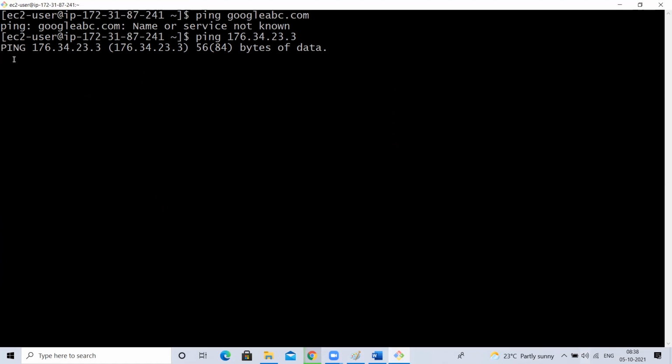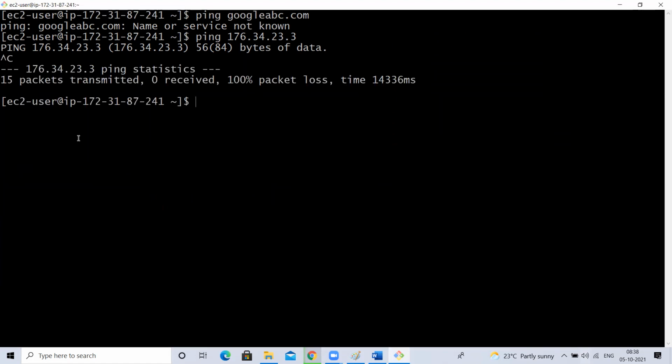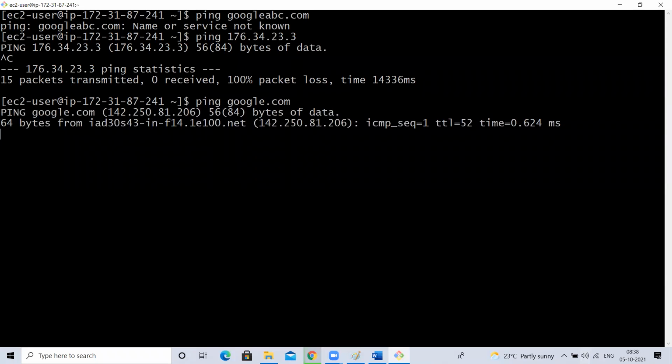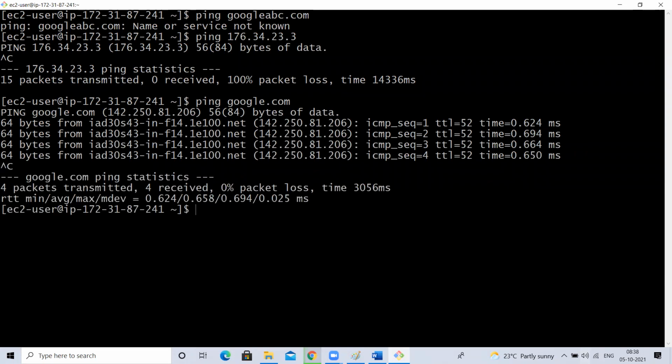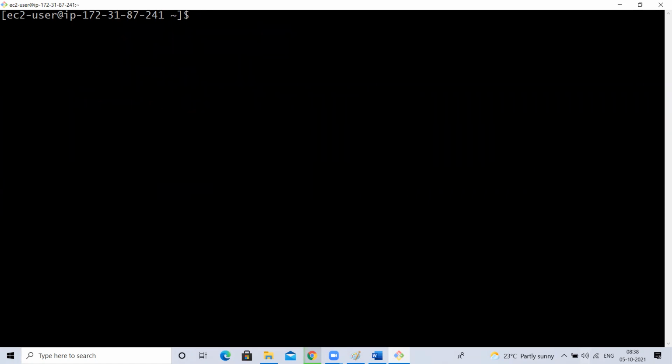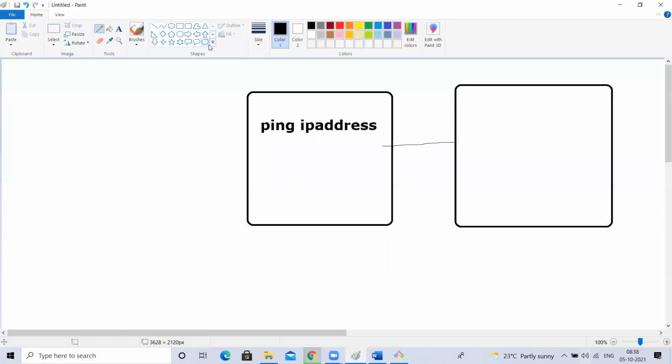It will give an error because it is not able to connect. Means I cannot make a connection from my machine to that machine. Maybe they are blocking all other IP addresses, with a security group or firewalls. They are not allowing it. But Google, I can connect. When I type ping google.com, it is able to connect. Means from my machine, I can access Google. Understood, guys? Okay. This is how we can check whether we are able to make the connection or not, just as a check. We use the ping command.